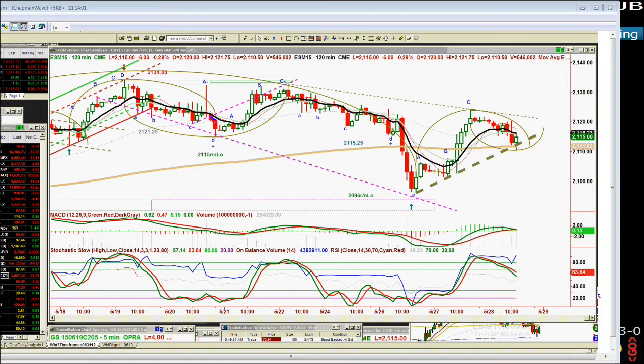That didn't work because later on you pulled back and went down to the 2115 round number low, ran all the way back to a peak C minus, which, because it failed at 2130.75, made a very big arch formation, struck the 200-period moving average with such force that it kept going down, all the way to the 2096 round number low. We then had a fabulous rally from early morning yesterday, Sunday night, whatever it is. Let me just check. Well, today's the 28th, Thursday, Wednesday, Tuesday. Tuesday we started a fabulous rally and went all the way to this downtrend line at 2124.25, pulled back, held